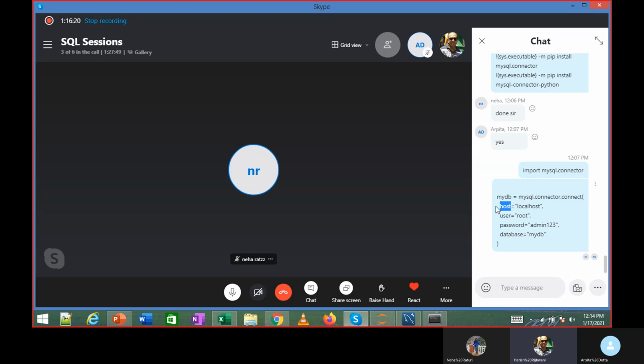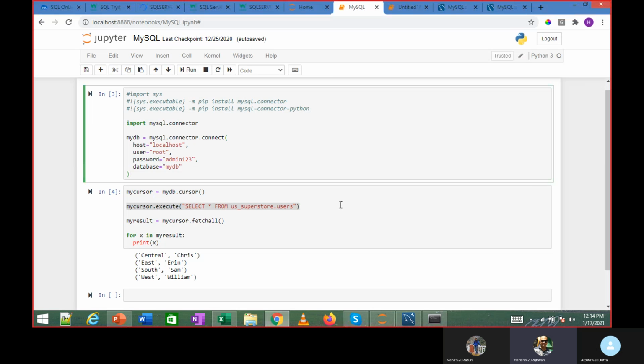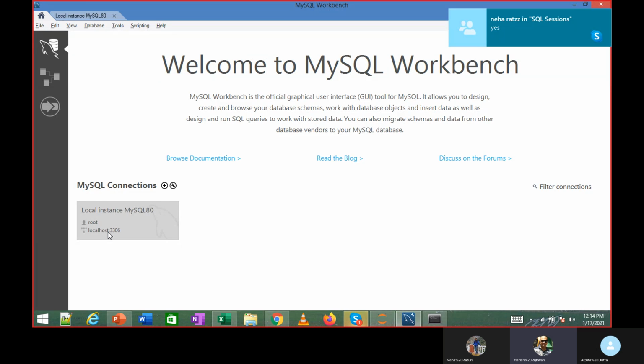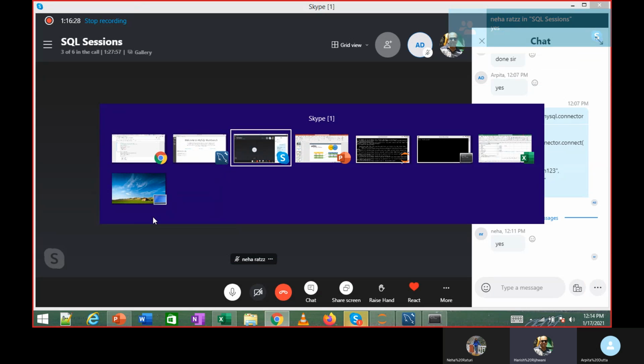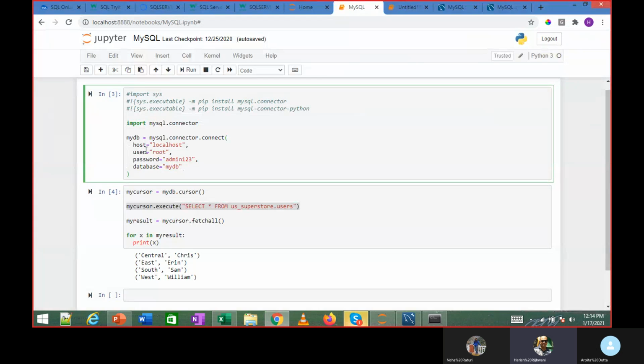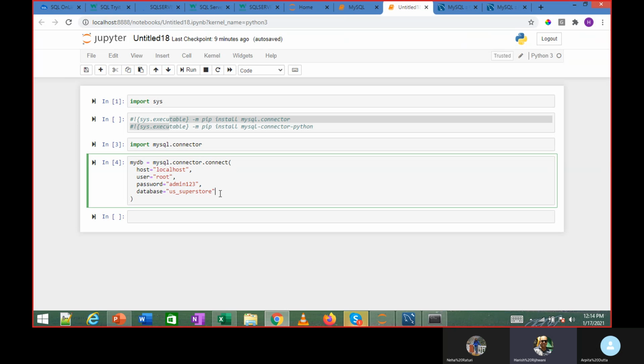See, the host is localhost. If you see over here, the host is localhost only. You do not need to give the port or anything. Okay. The user is root, password is whatever the password is, and the database is what you want to connect to. If it is US Superstore, you write US Superstore. Okay. The next step